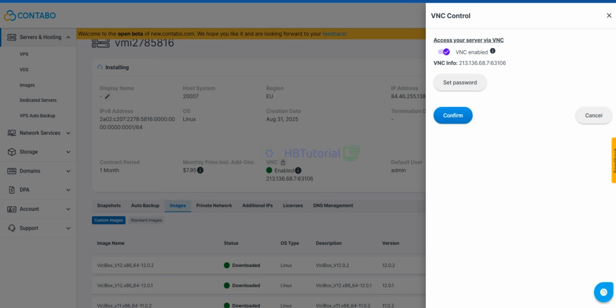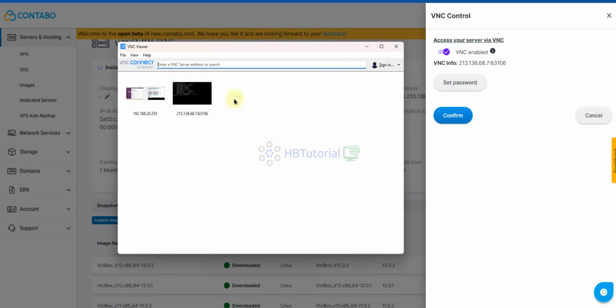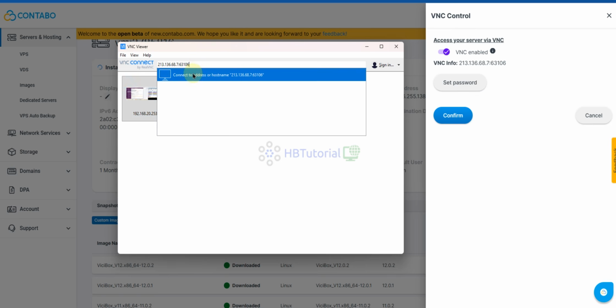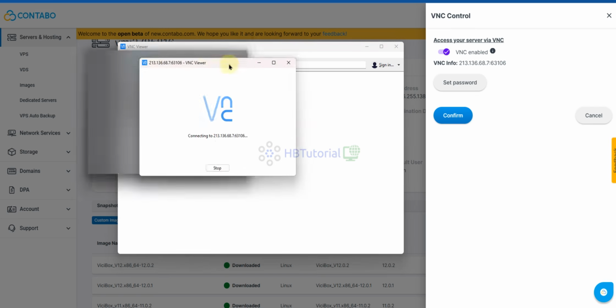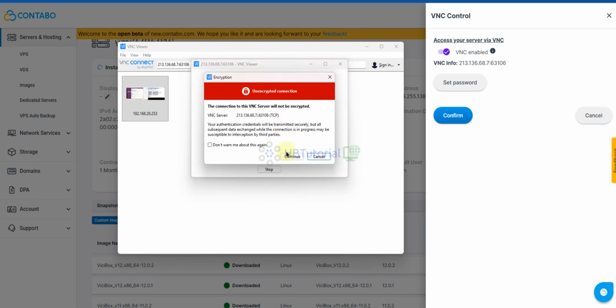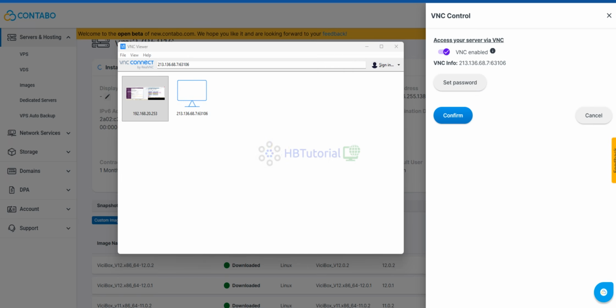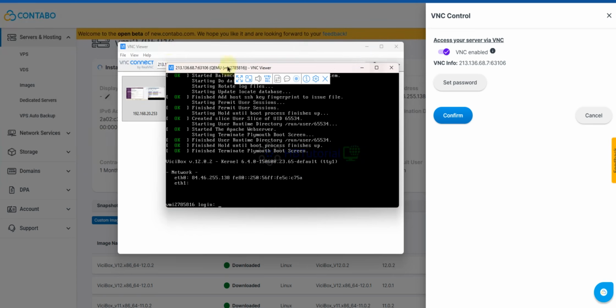Look for your VNC viewer. So this is our VNC viewer, and paste the IP here. Click connect. Then continue. Remember the password. Then okay. So you will see this one.